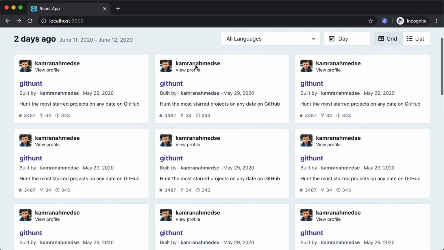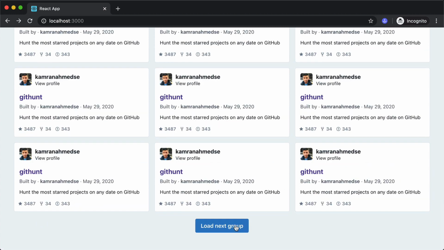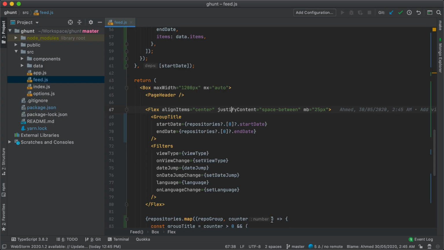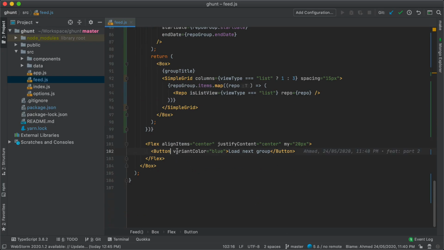So next we need to work on the load next group button. When the user clicks this button, we are going to load the next group of listings based on the next date that is available. To do that, I'll go back to the button that we have, and we'll add the listener with the